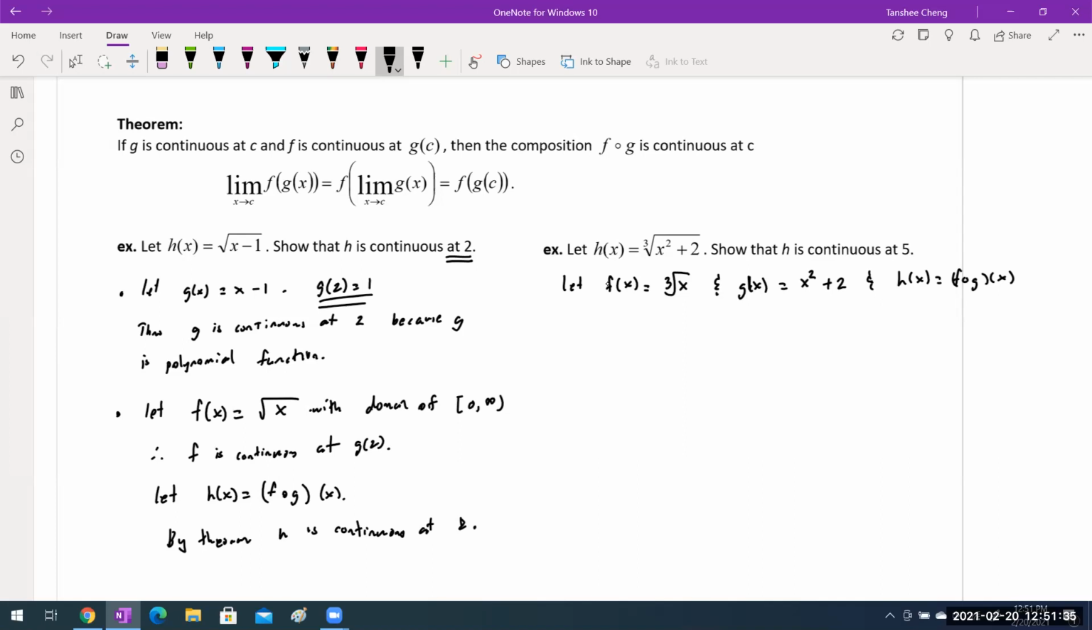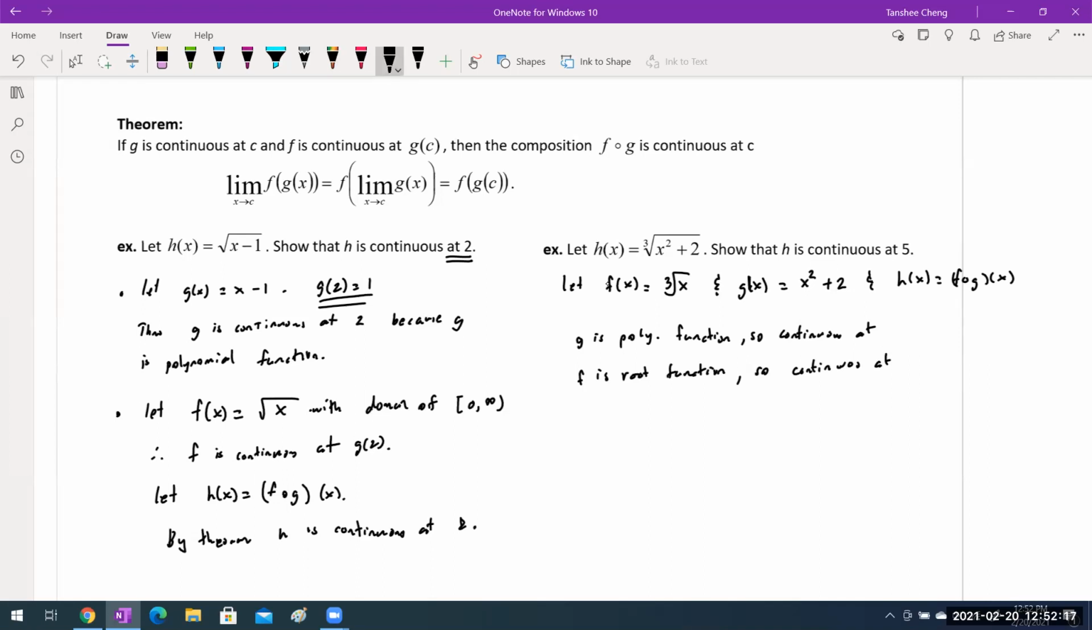And so we know that g is a polynomial function, so continuous at 5, right? And f is a root function, so it's also continuous at